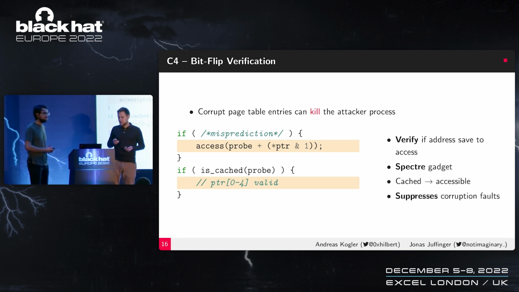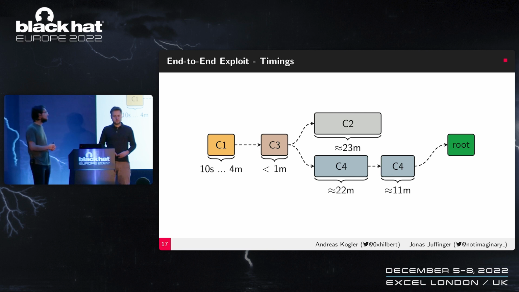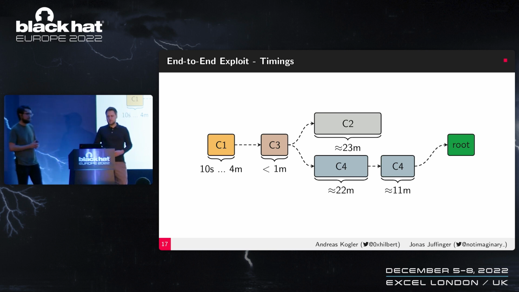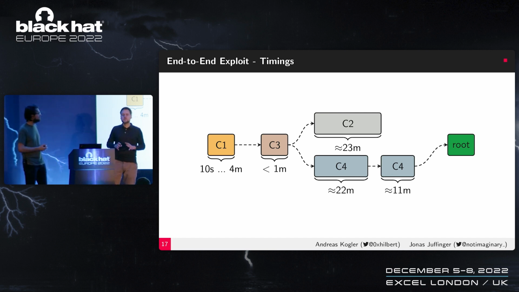Yeah. This makes our exploit really robust, and this makes it possible to exploit the device. In under 1 hour, we are able to get full read and write access to the whole physical memory of our Chromebook device. And from there, we can read and write kernel memory, inject our own code, and do whatever we want, basically. So with this figure, we show that we can also parallelize a lot of the steps in